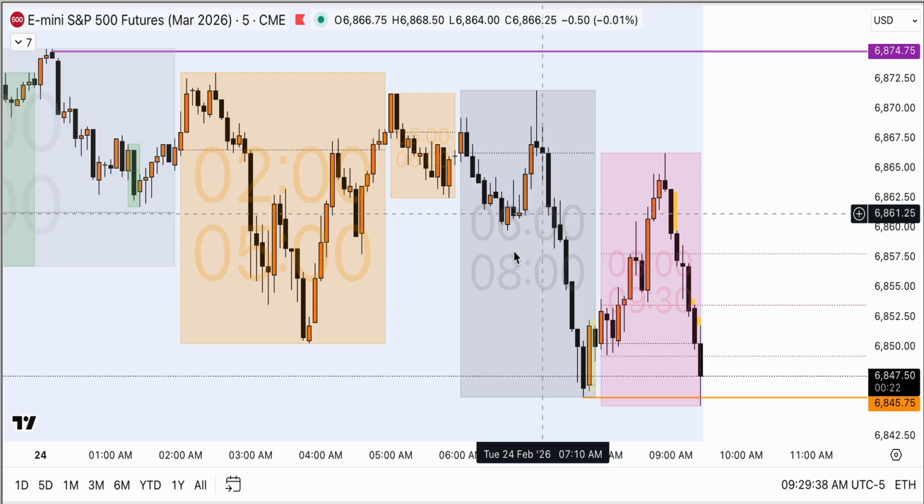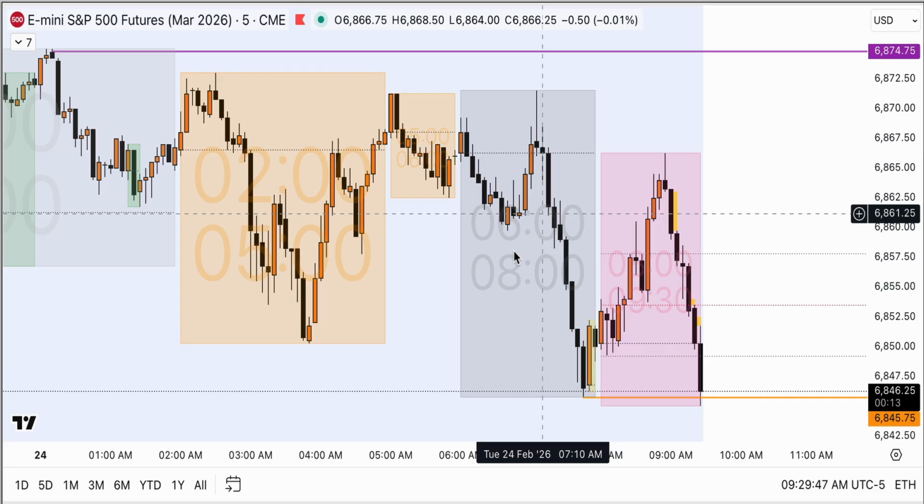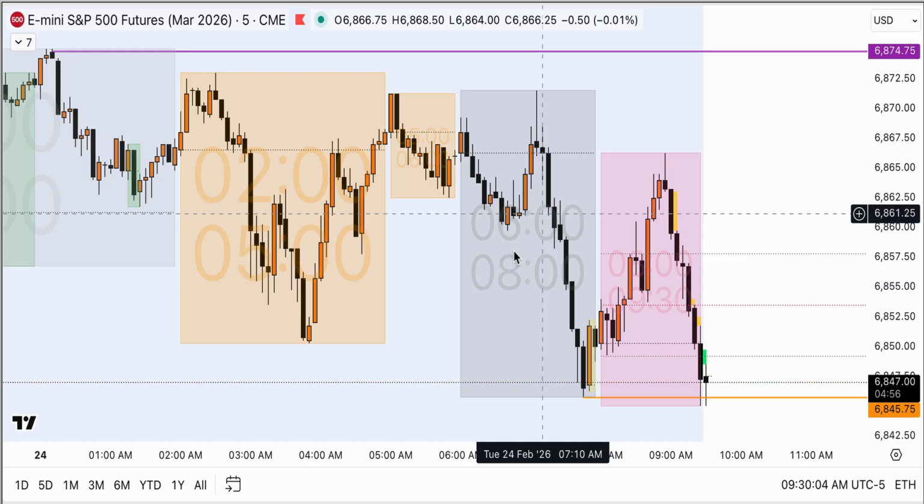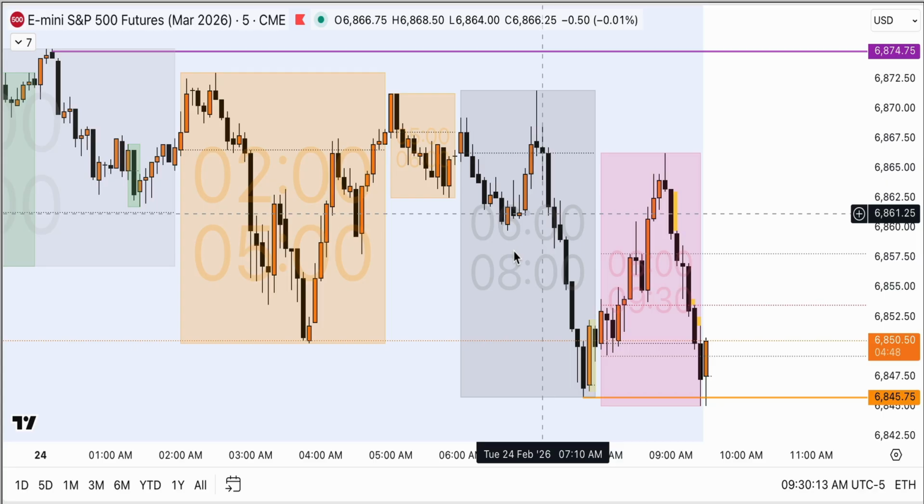So we are on ES, and today we're going to be using the two-step model to find a trade. So there's three steps. Step one is between 9:30 and 10:15 a.m. We are looking for direction. Once we have that direction, the next step is to wait for a retracement into a fair value gap. And finally, we are just looking for a confluence to determine an entry, exit, and a stop loss. So that's the plan. If none of these things happen, or only one thing happens, then there will be no